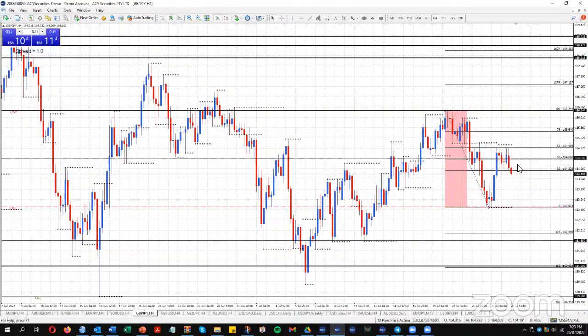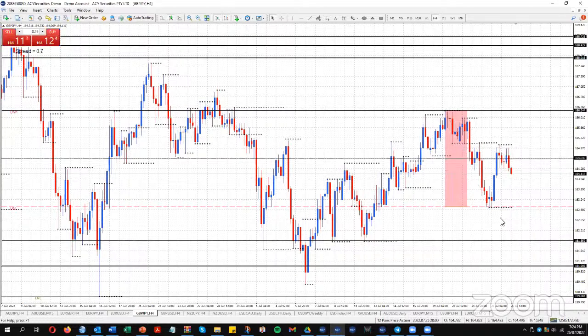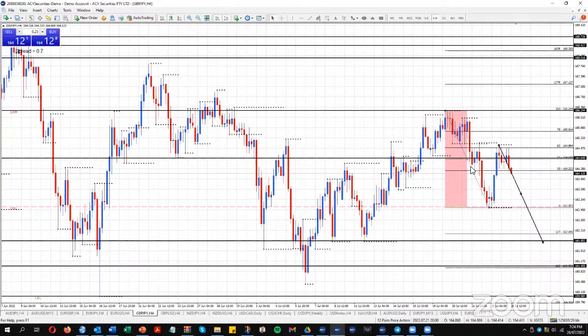So what I'll be looking for, if you're not in and you want to trade this pair, is to see if it can come up and retest 164.64 and fail now. This is an all probability now. Could be putting in, already have put in the high of the week. And we're moving down to, you know, last week's range projected down from that high, comes in at day support at 161.85.